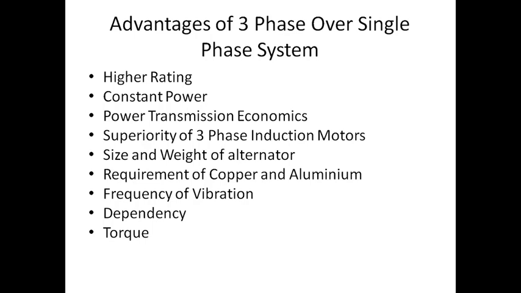Totally, it will require only 75% of the weight of conducting material in three phase that is required for single phase. 75% weightage of conducting material of that required by the single phase system. So 75% I'm giving for my single phase. Why should I not give for three phase? If I'm going to use that one, I'm taking more advantage than my single phase.